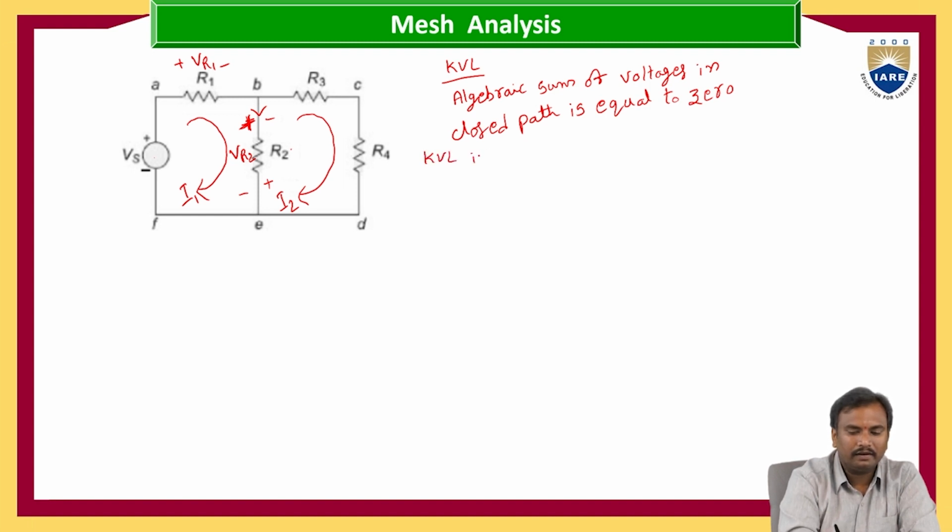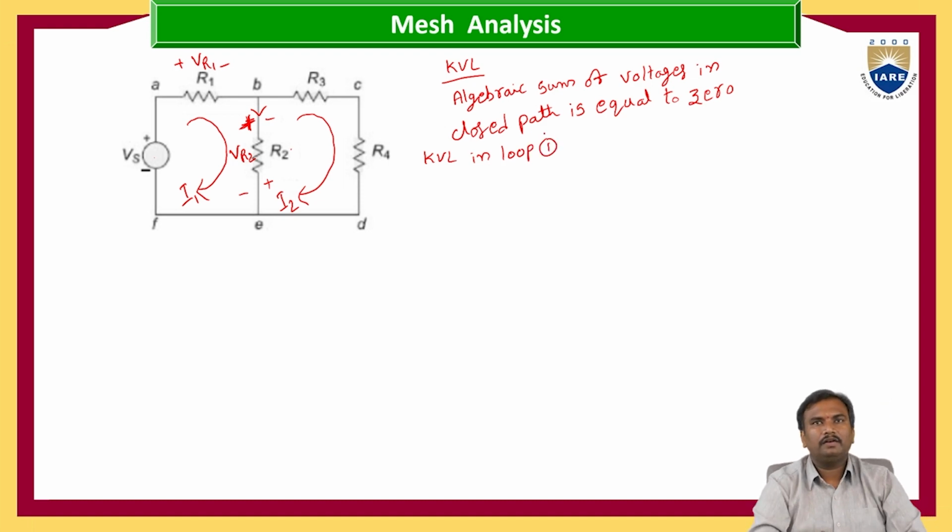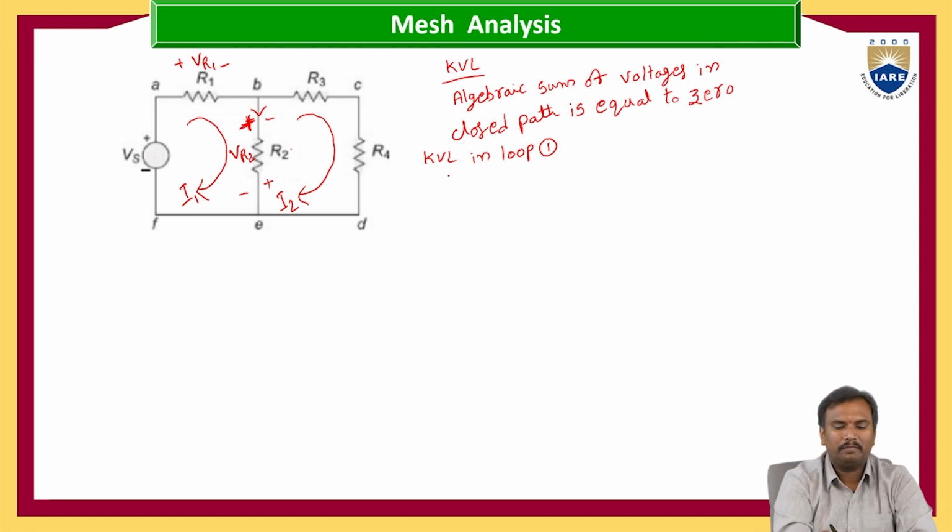KVL in loop 1. Here, when the current enters the negative terminal of a voltage, then you have to consider it as negative. When the current enters the positive terminal of a voltage, then you have to consider it as positive. So here current is entering the negative terminal of source voltage, so minus Vs, and here current is entering the